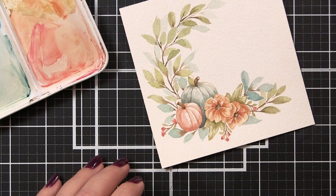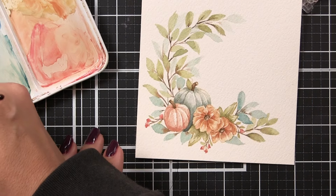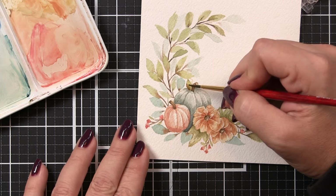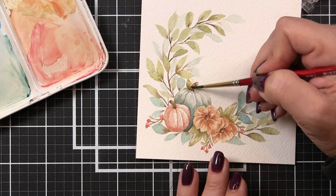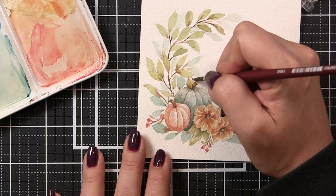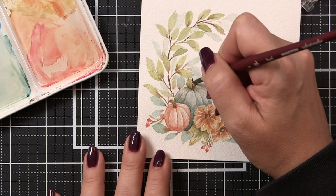And for reference, we are now in real time, so this will give you a better idea of how slowly I'm actually moving for the entire painting, so you don't think that you have to rush through to do watercolor. Watercolor, you do have a time limit because you want to make sure that you're adding color while the paper is wet in a lot of instances, or while the paint is still wet, but there are many times that you have to wait for your paper to dry before you add another